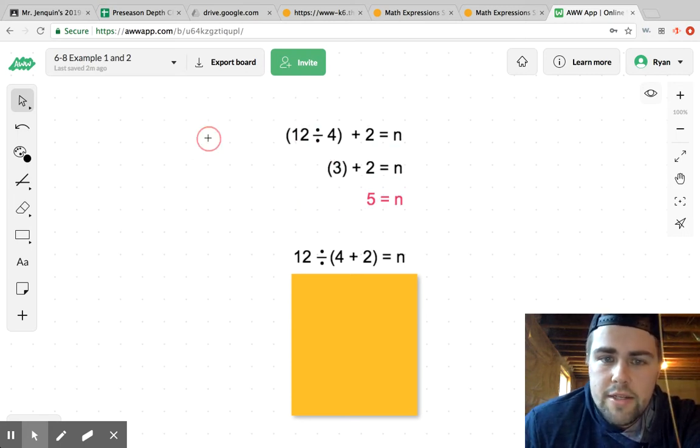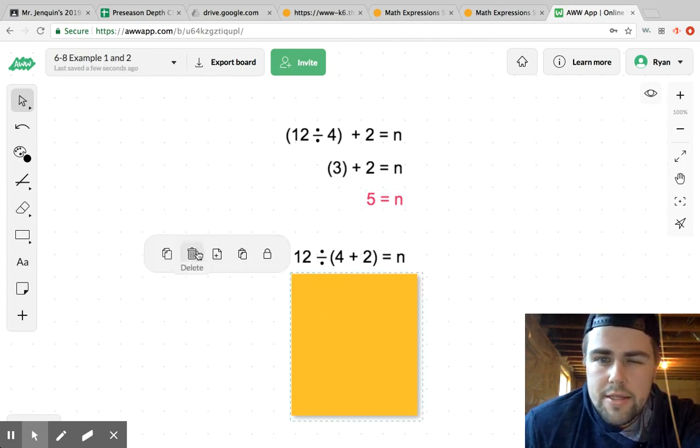Then if we went ahead and solved, we would get 12 divided by 4 to equal 3. Our second step would be 3 plus 2. So in this case, 5 equals n. Now down below in the problem that's kind of similar but also a little bit different, we have 12 divided